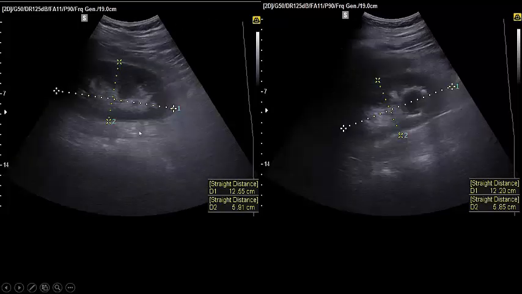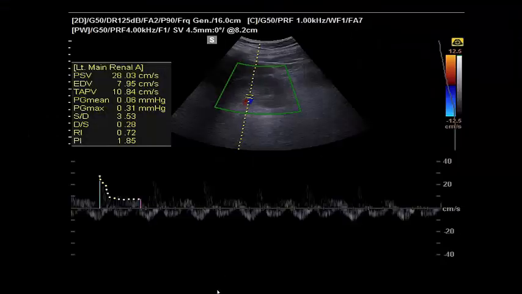Kidneys, both kidneys are normal, but there is a small cyst here in the right one and one stone, which does not explain anything. But why oliguria despite these normal kidneys? This is the role of physiology here. When I put the pulsed wave Doppler in the renal vessels inside the kidney here, I find this is the systolic flow and this is the diastolic flow. You see the diastolic flow